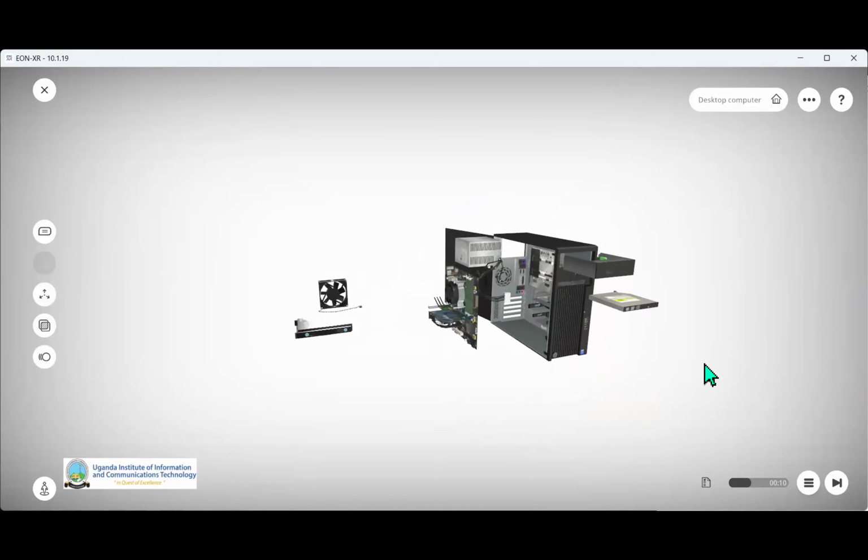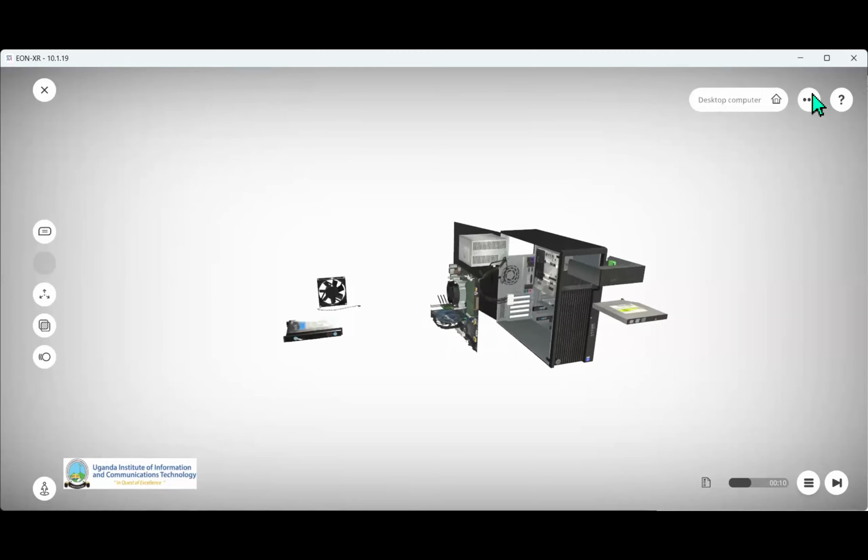So ladies and gentlemen, I don't know if there are any questions to ask, but there's a lot to learn with this environment. I believe we shall be learning this together and then come up and create different content and use the EON environment to design, okay? And the content you have produced, you'll be able to use for teaching and learning. So thank you so very much.